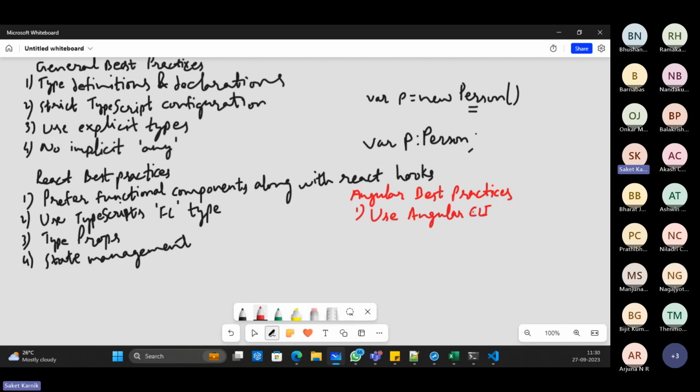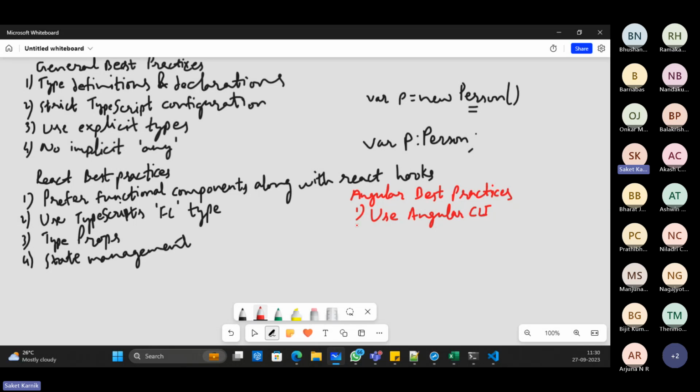So you have the ng command, ng new, and then the app name you give there. Give the dash-dash strict flag all the time to make the TypeScript configuration strict for your application,